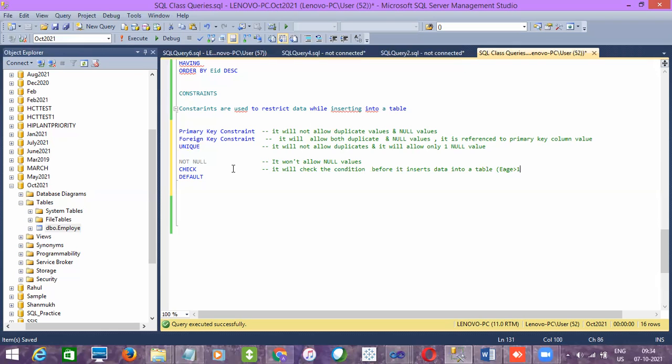If I give employee age greater than 18, and if I'm inserting data 15, then the 15 record will not insert into the table. That is what the check constraint will do. If you give a condition that employee age should be greater than 18, and any employee is trying to insert employee age 15, it will not accept. It won't insert data into the table, right? I'll show you with an example.